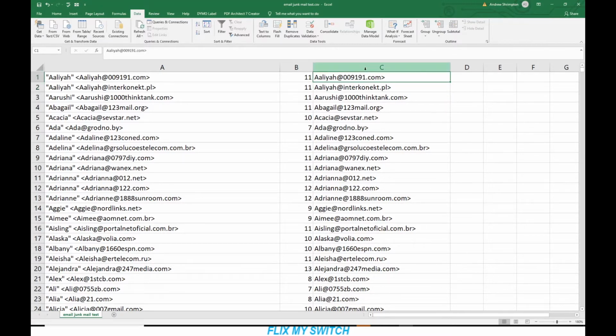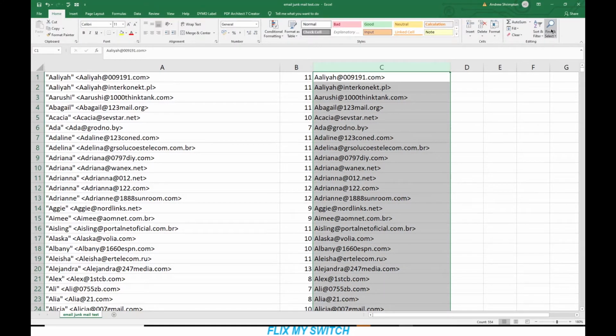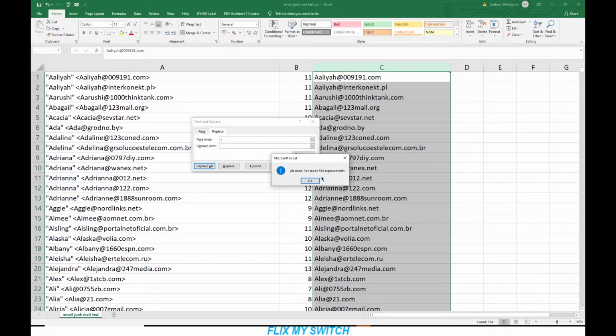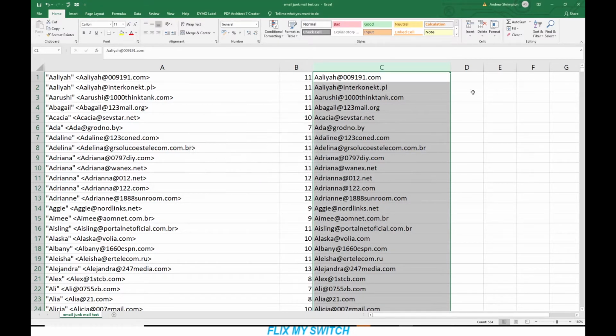So what I can do now is click the whole column, go home, find and replace, find the greater than, replace with, I'm going to put space, replace all, and it found 554 in my case. So now we've got the email address, so that's good. So what I'm going to do now, I'm going to select all of these,